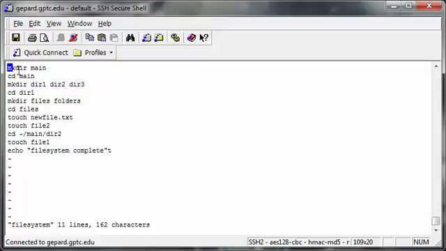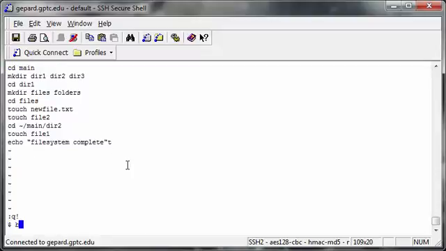Basically, a script is a series of commands that will be run one by one, and it can be used for many different purposes. This one creates an entire file system tree structure. It starts with making a directory, changing directory, making empty files, changing directories, and making more files. So the way this looks,